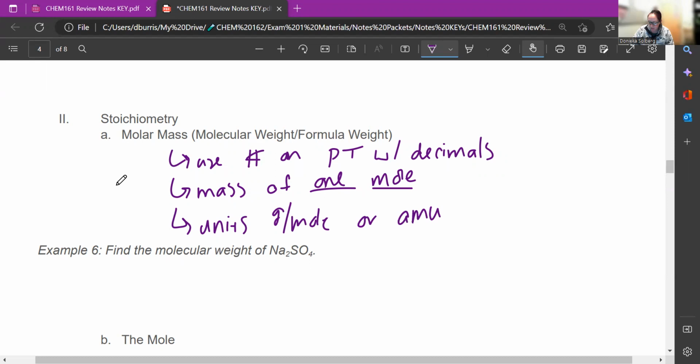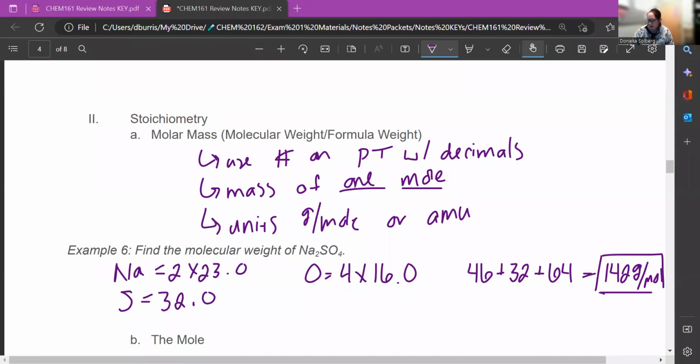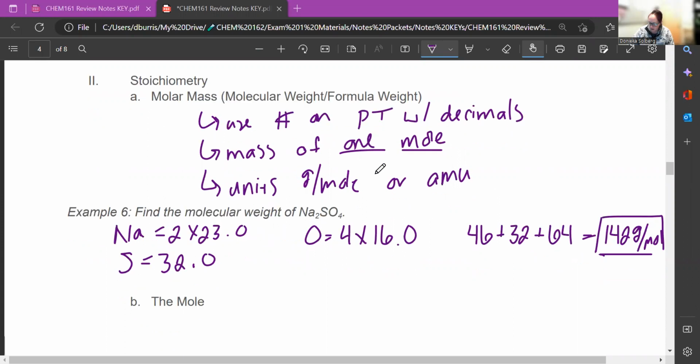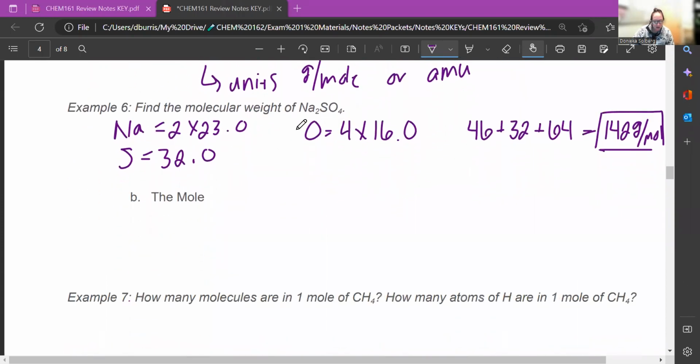Find the molecular weight of sodium sulfate. All right, you should have gotten 142 grams per mole here. The other thing you need to remember if we're talking on the atomic level is that if I want to know how many atoms or molecules are in something, a mole is